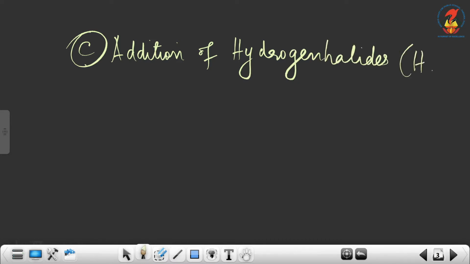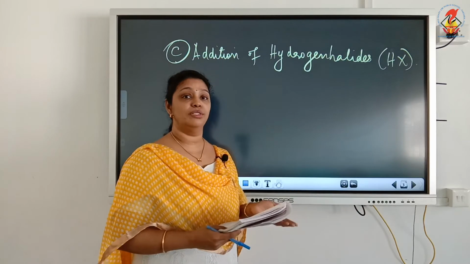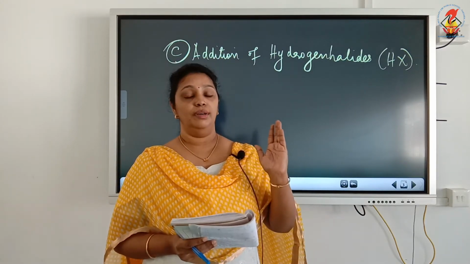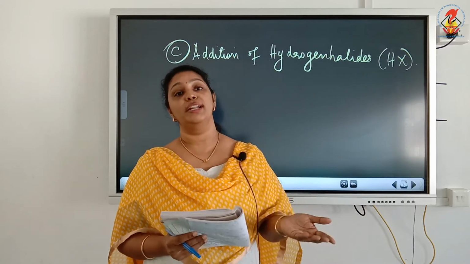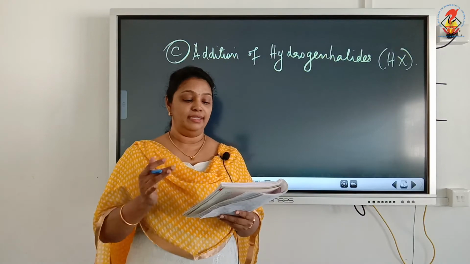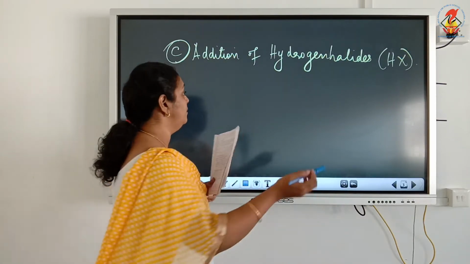Hydrogen halide is HX. X stands for fluorine, chlorine, bromine or iodine. So this is a very important reaction. Now here also what will happen? The double bond breaks and hydrogen will add to one of the double bonded carbon and halogen adds to the other double bonded carbon. Now here let's see, hydrogen halides add to alkenes and we know the product formed here